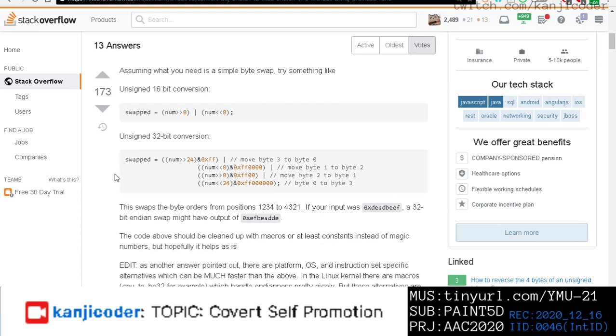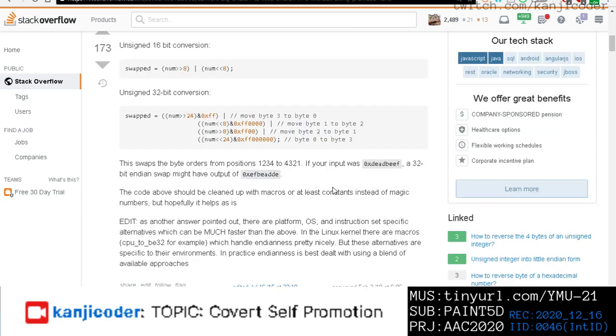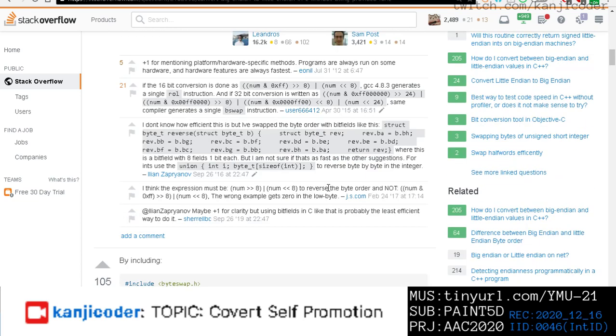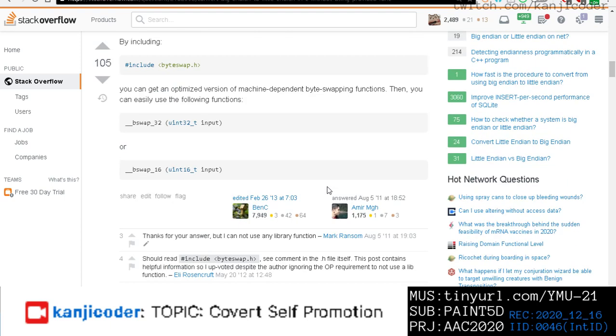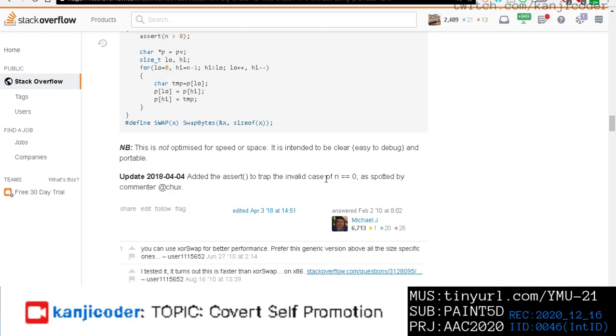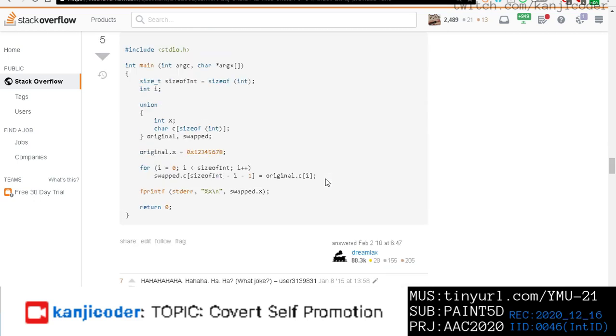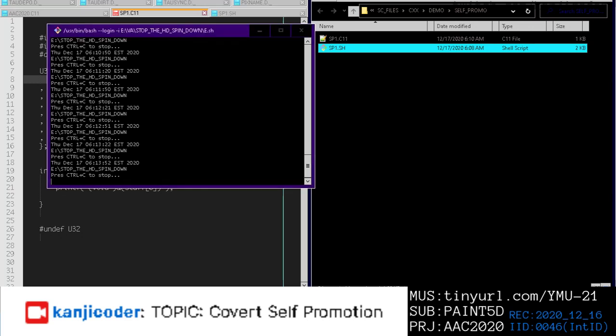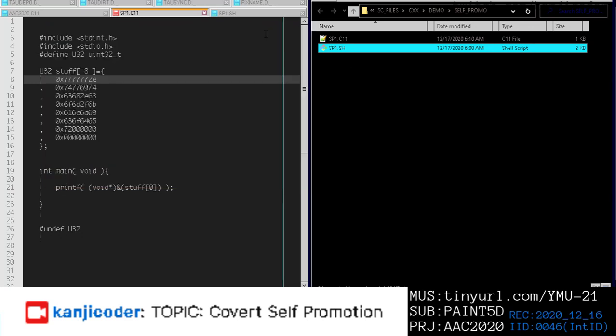Swapped equals number shift 24 and 0xff. I mean, we're just juggling it all around, right? So that's fine, but if you're going to get that complicated, then why? So what I think might be interesting is we could actually do